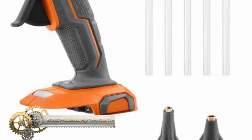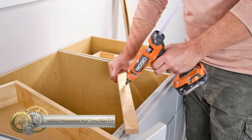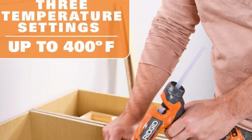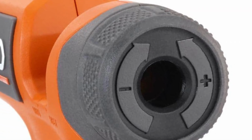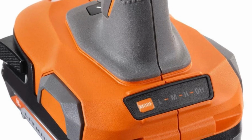The Ridgid 18-volt cordless professional high-temp glue gun is a top-tier tool tailored for diverse tasks, ranging from woodworking to automotive repairs. Boasting a swift 90-second heat-up time, this glue gun offers 3 temperature settings, peaking at 400 degrees Fahrenheit. The adjustable stroke dial ensures the right glue amount for each task, while an LED indicator keeps users informed about